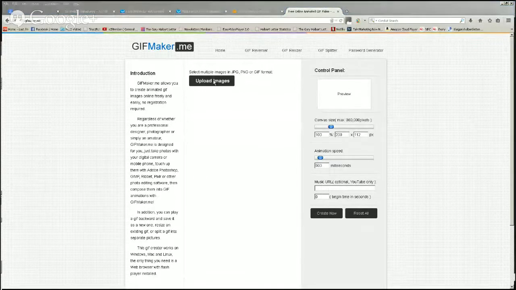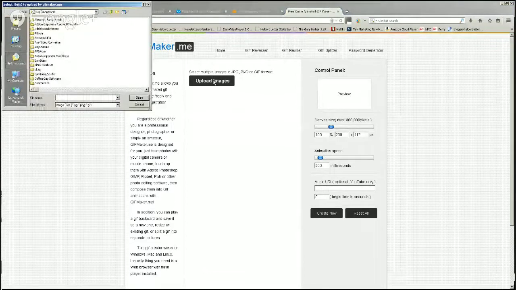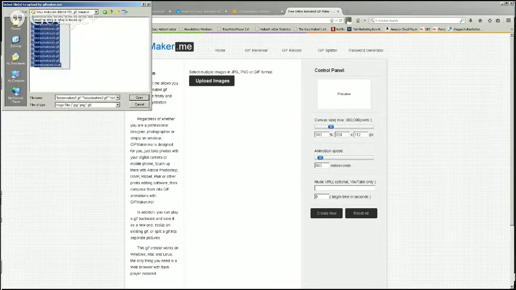But anyways, we're going to click here and just click upload images, and we're going to go into my drives. Here's the raw slides that I made for that presentation you saw, and you're going to see it happen right here. So I just put them in sequence. I put a numbering scheme after, 1, 2, 3, 4, 5. This is also easy when you save the slides out of